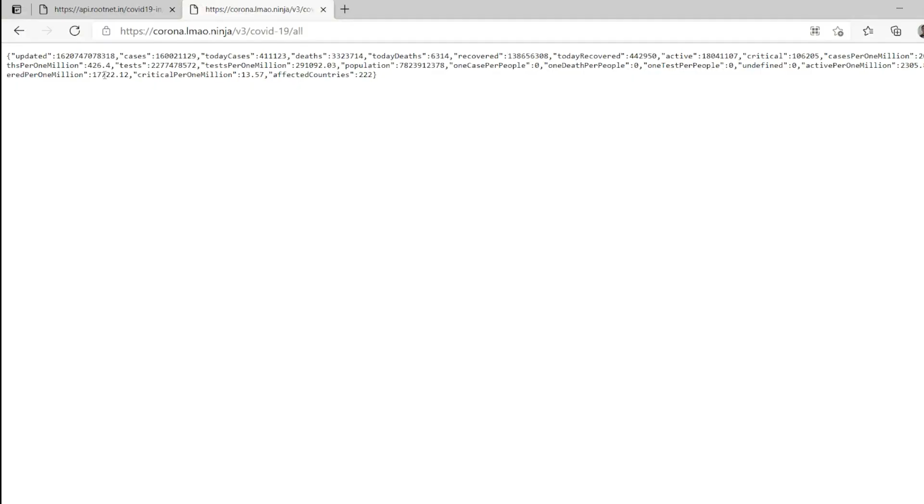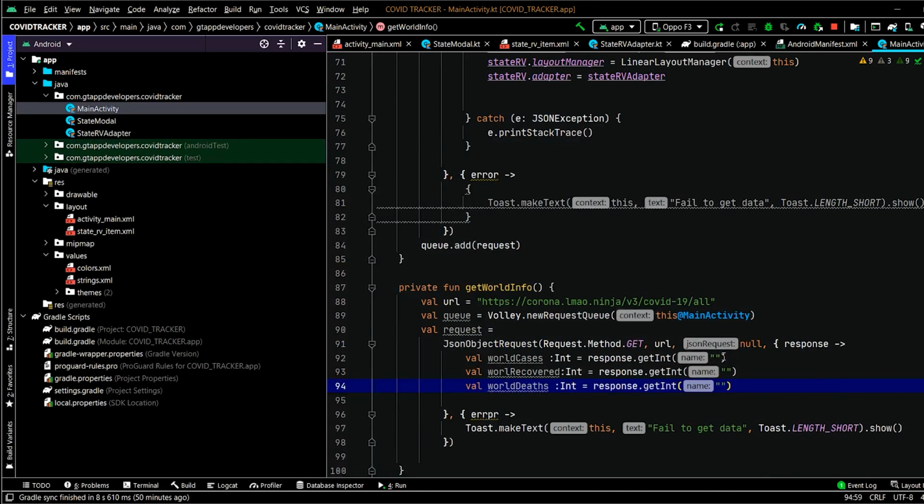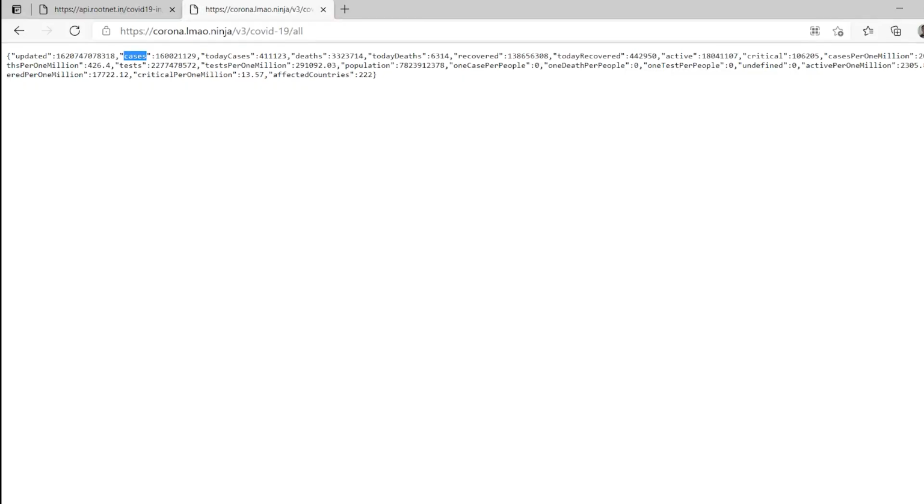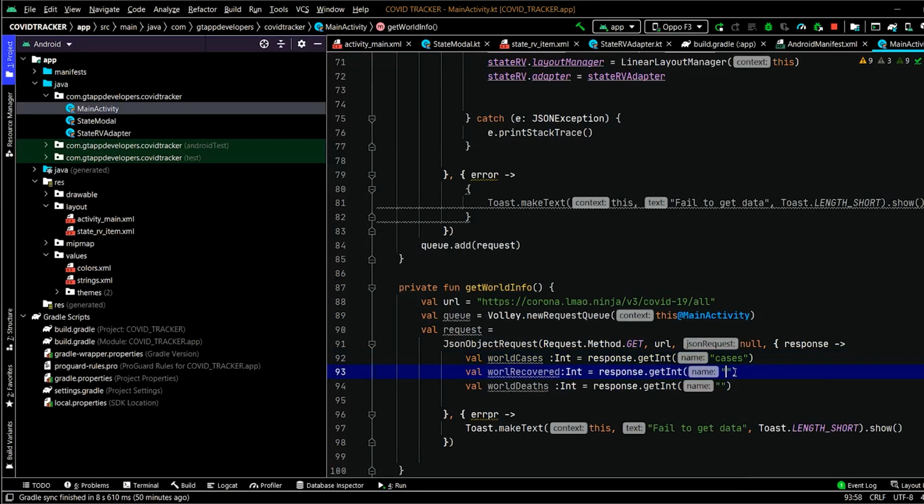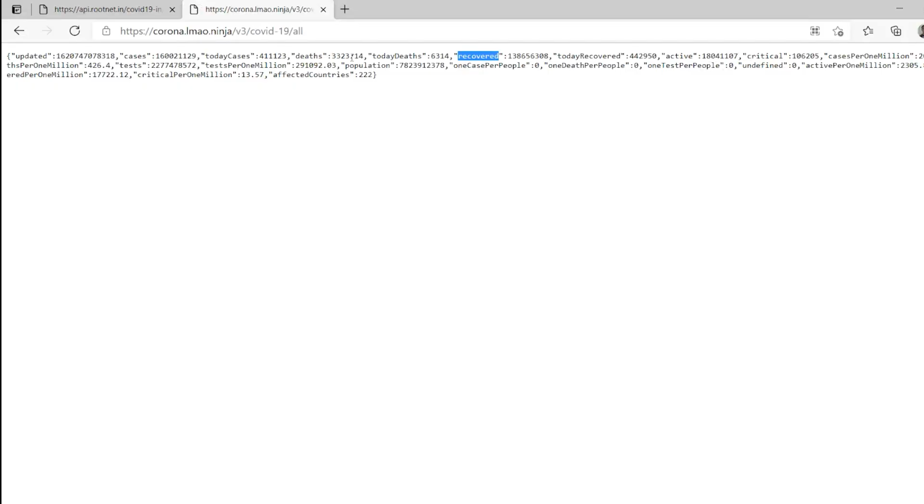Now we will specify the key. So for cases, the key is cases. The key for the recovered patients is recovered. And the key for deaths is deaths.